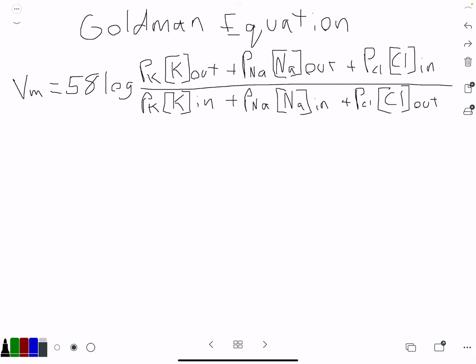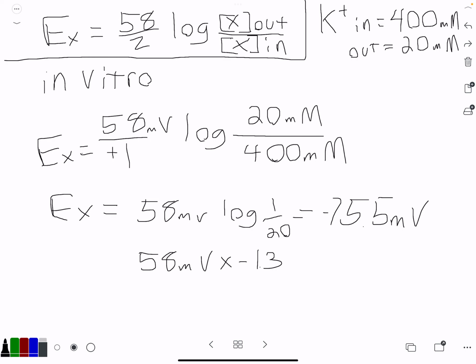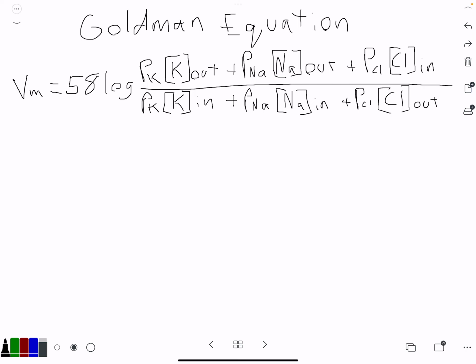Now this is the Goldman equation, but before we go into it, let's do something different to highlight the reason for this difference in the Goldman equation. The Goldman equation should look very similar to the Nernst equation. It was developed specifically to calculate the membrane potential, the equilibrium potential